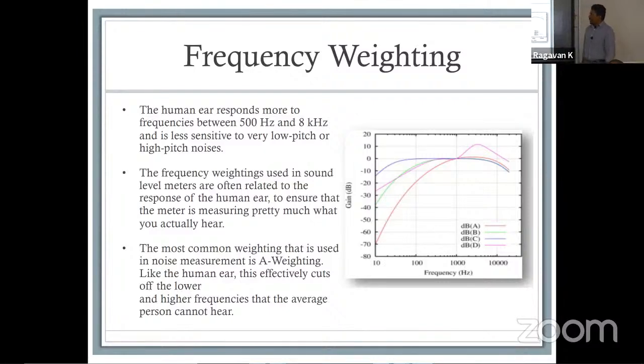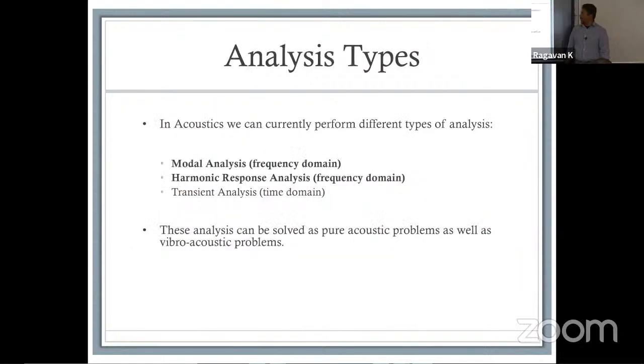And the frequency weighting that's used for a sound meter is basically in response to the human ear, which means it depends on how you hear sound. You might think of nails on a chalkboard. We talk about how nasty it is, but not everybody is bothered by it as much as some people are, right? So there is a context. It's like smells, you really cannot know what smells foul to somebody and what doesn't. The most common weighting that is used is what's called an A-weighted measurement. A-weighting essentially is like the ear. It cuts off the lower and higher frequencies that the average person cannot hear. So it gives you an A-weighted value for all the noise that you are going to get.